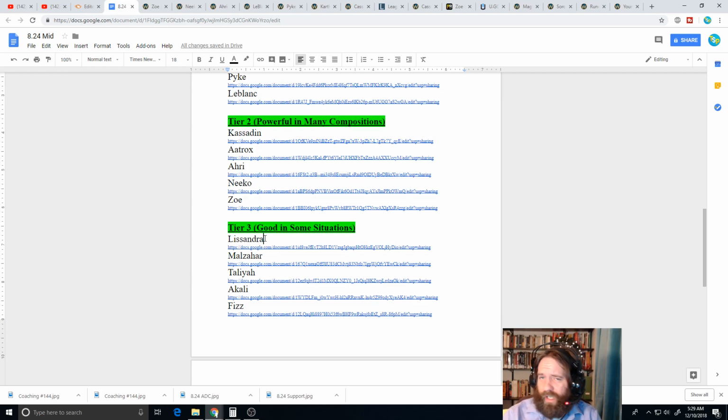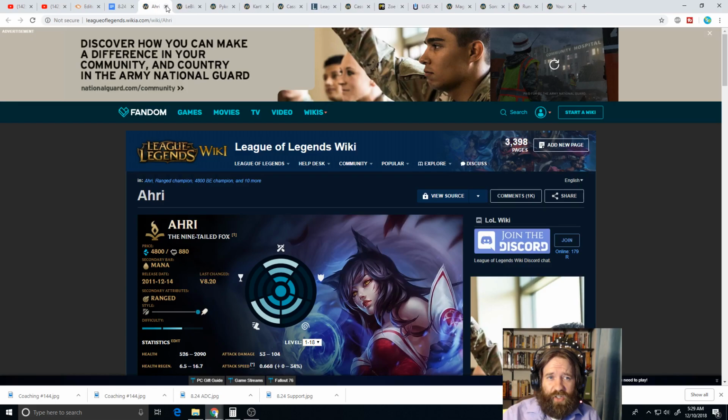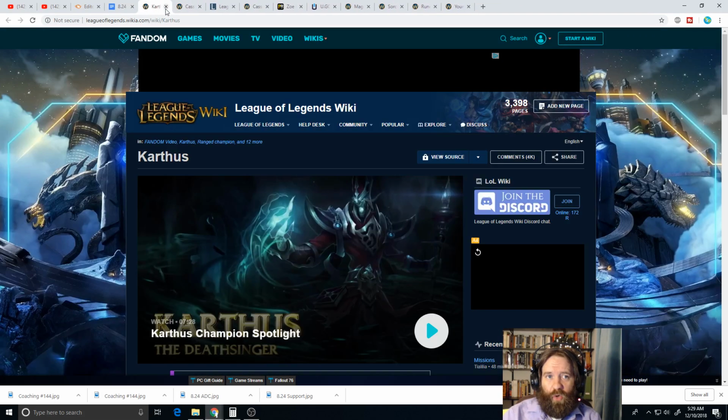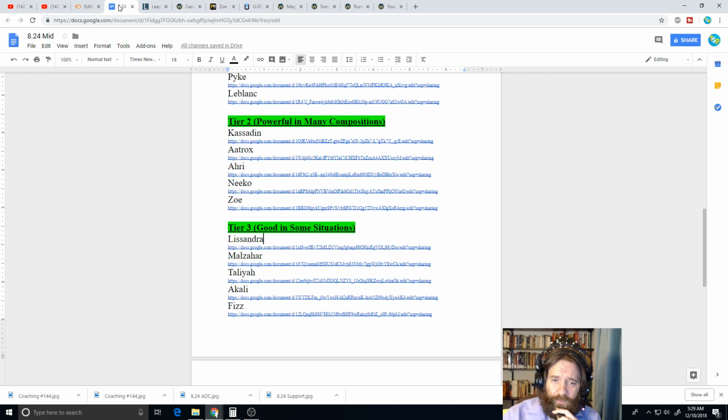Lissandra is going to be strong. My thing about Lissandra in solo queue is that she doesn't do nearly as much damage. She doesn't have as much solo carry potential as some of these other picks. If you're in organized team play, so if this was for pros, or maybe for flex queue, something like that, she'd probably be a lot further up there